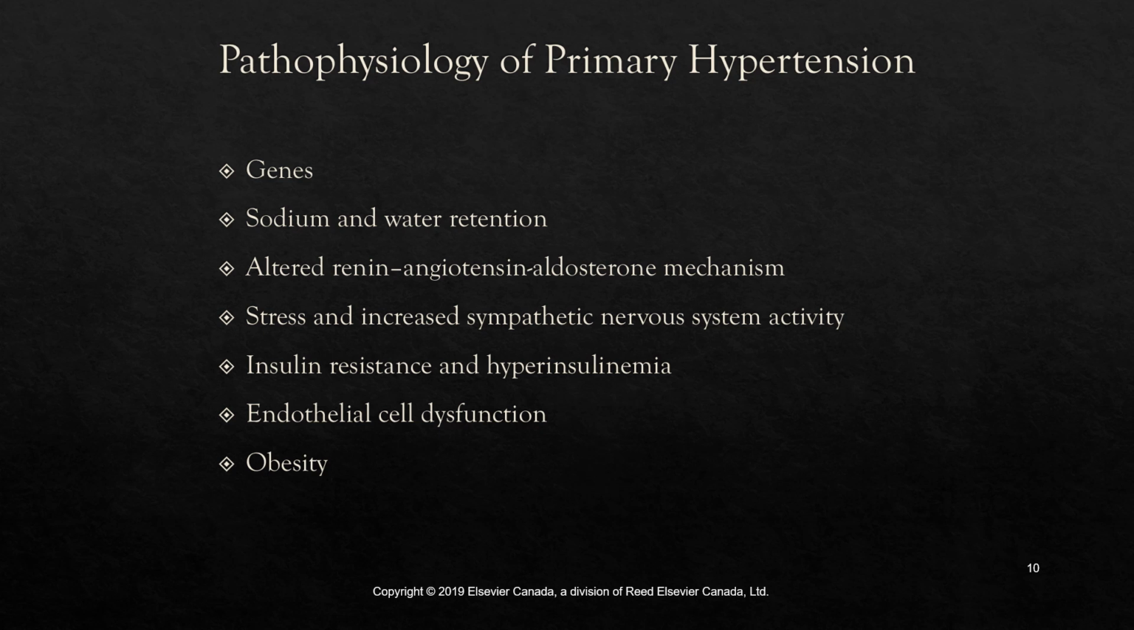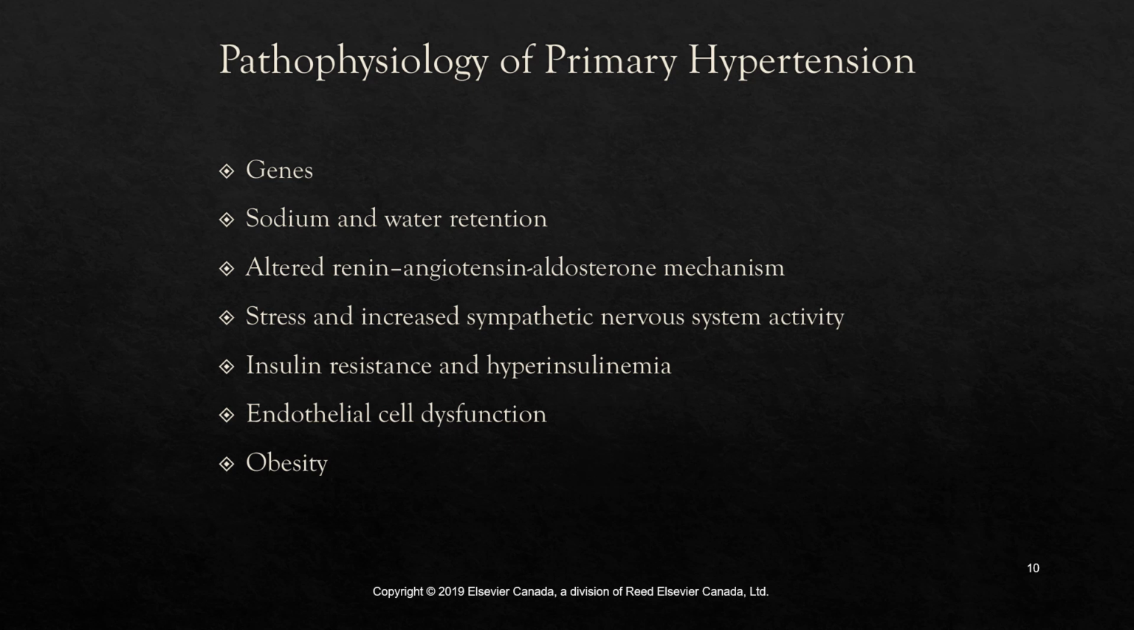So again, looking at genetics, sodium and water: consuming too much salt and water can make the blood pressure worse, even though you're diagnosed with primary or essential hypertension. Large consumption of sodium and water can increase that blood pressure. Alterations to the renin-angiotensin-aldosterone system will release angiotensin II and aldosterone, which are both going to worsen and increase the blood pressure. Stress will increase sympathetic nervous system activity, which means that you're going to have tons of catecholamines in the body